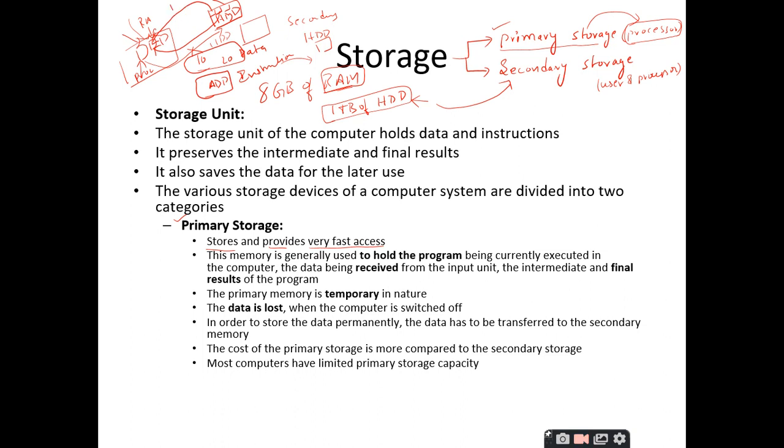So, initially everything is brought from hard disk to primary memory, and once you have everything inside this primary memory, the second step is processing is done. Once processing is done, the result is again stored inside the RAM. This is the third step. Once you have the result inside the RAM, the instructions are given to store the result from the primary memory to the secondary memory. So, these four steps are going to be performed for each and every calculation you are going to do on the computer.